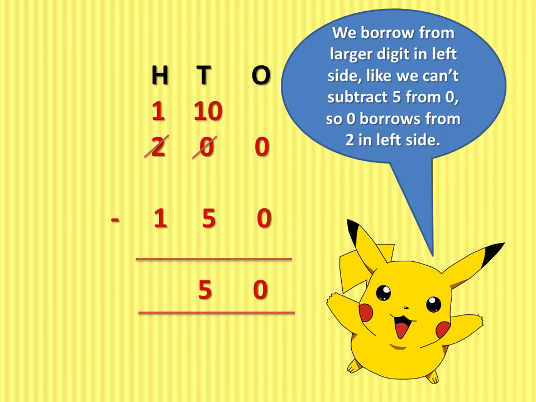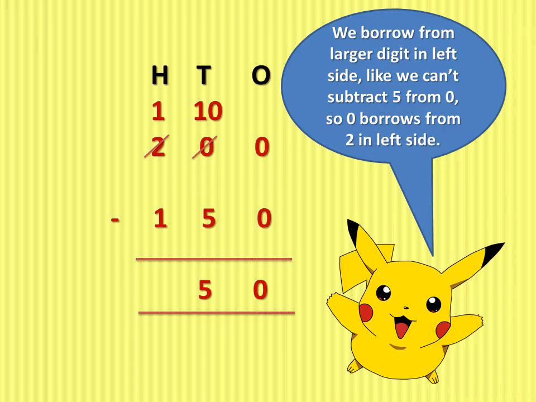Now let us see how we subtract these two numbers. So the very first step would be the same as what we do in addition. We arrange these two numbers in their correct order. That means we write the digits of the ones place together, digits of the tens place together, and the digits of the hundreds place together. Okay, so we have 0 beneath 0. So 0 minus 0, we would start subtracting from the ones place. So 0 minus 0 is 0, we write 0.